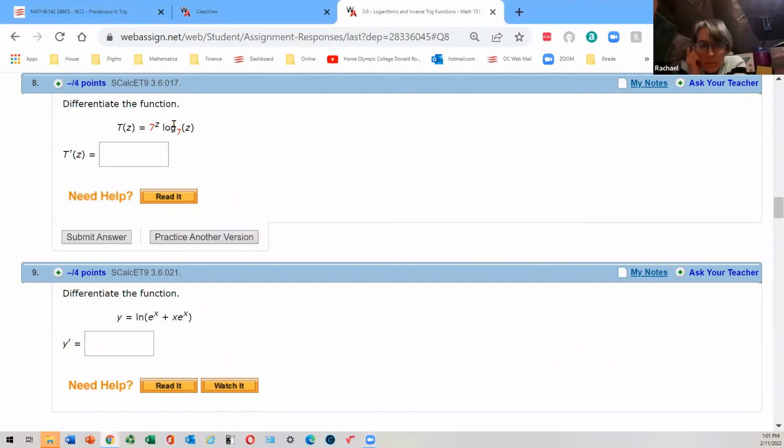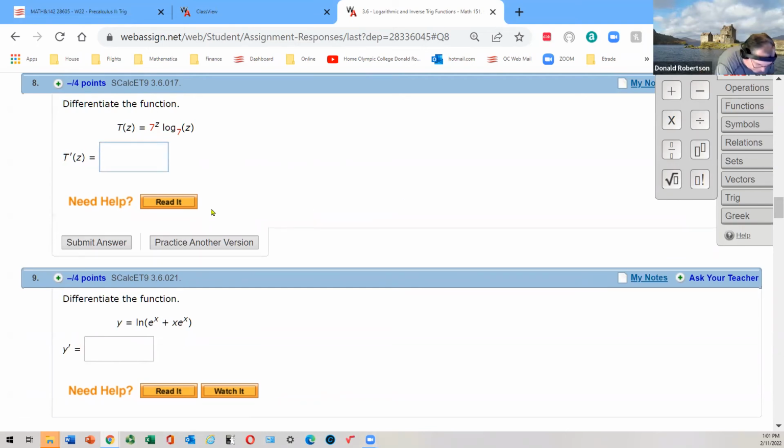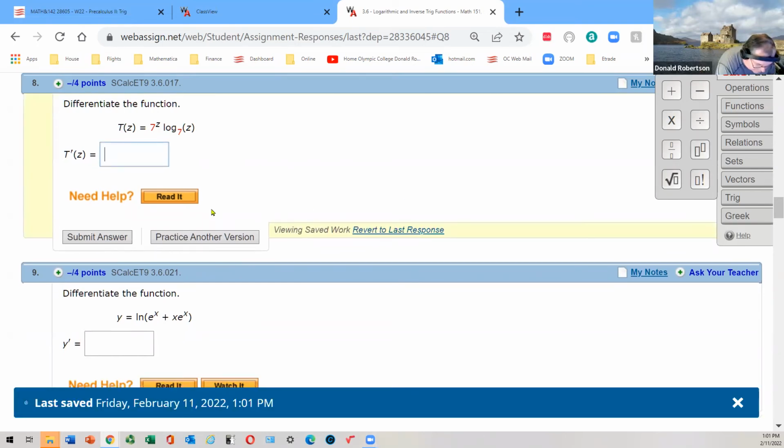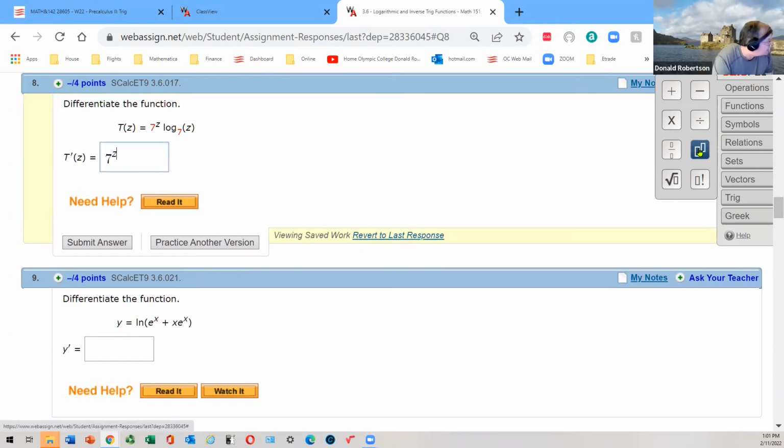So let me show you what I've got and we can check it out. Right, there we are. And you see mine has a 7 in it, but I can tell that all the 6s become 7s. So it should be 7 to the power of z for my question. So 7, hit the button to the power of z,